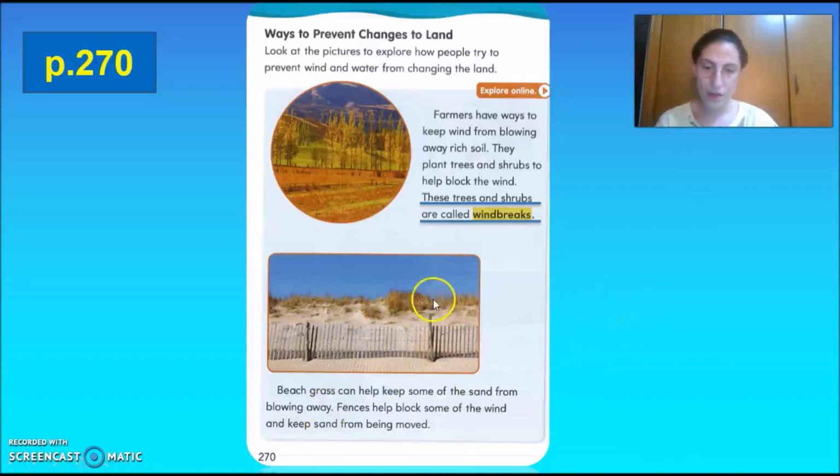Clear? So the beach grass will hold the sand in its place as it grows on the sand, and it won't allow the wind to blow it away. As for the fences, they will help block some of the wind and keep the sand from being moved away